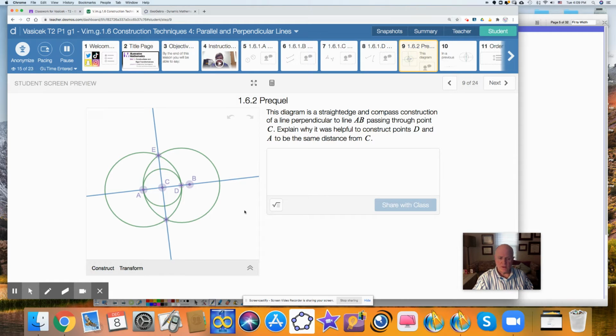Previously, we constructed a line perpendicular to this given line, through this given point. And we did it by starting off with circle AD, then we constructed circle D, and then we constructed circle A. And we did not use point B on this. We used this circle. I wanted you to explain in words why you thought it was helpful to have point